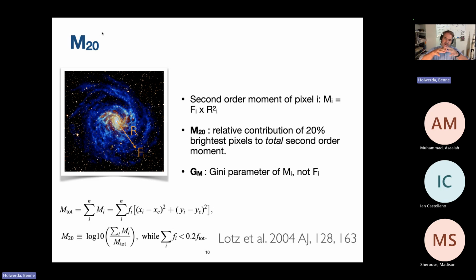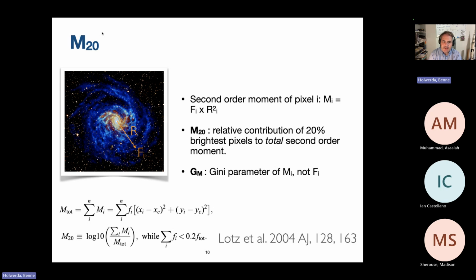Considering that galaxy profiles sort of decline with radius, you're sort of upweighting the outskirts, the furthest out pixels. You can see the sum here. So basically this whole second part with x minus xc and y minus yc is really just the radius. So you do the flux times the radius squared and sum them all together. That's the total